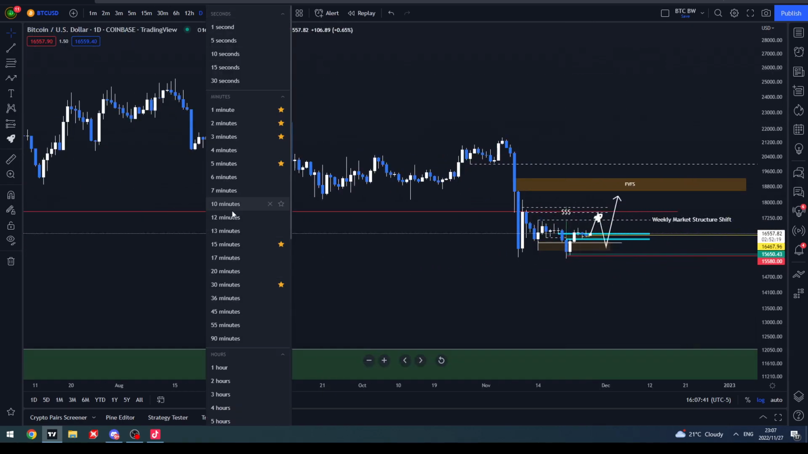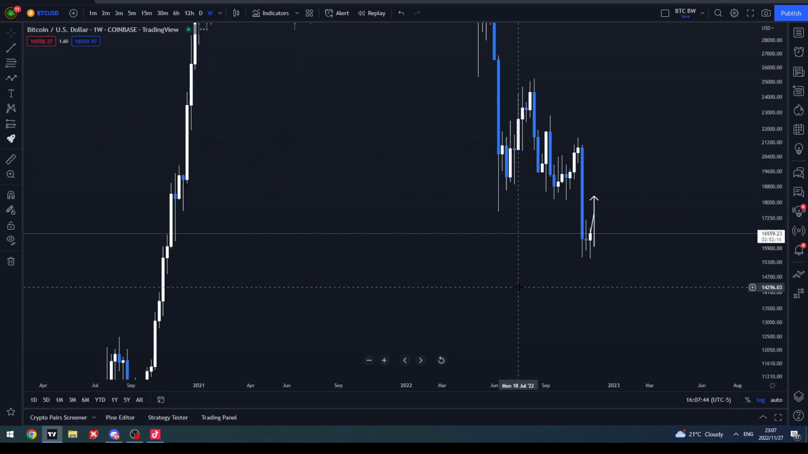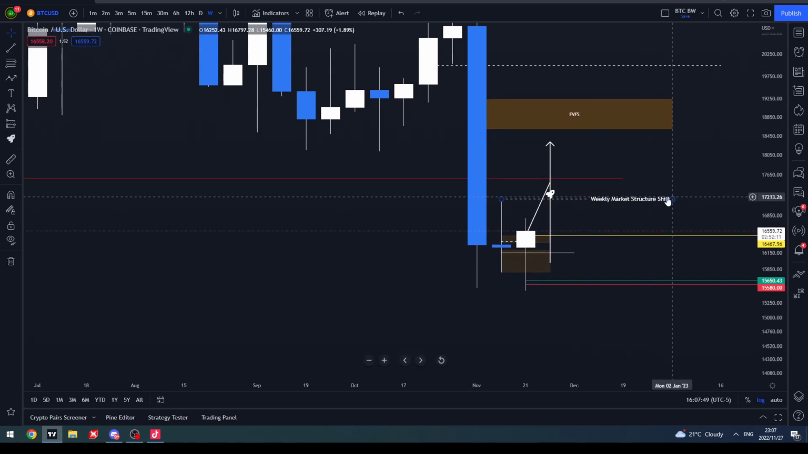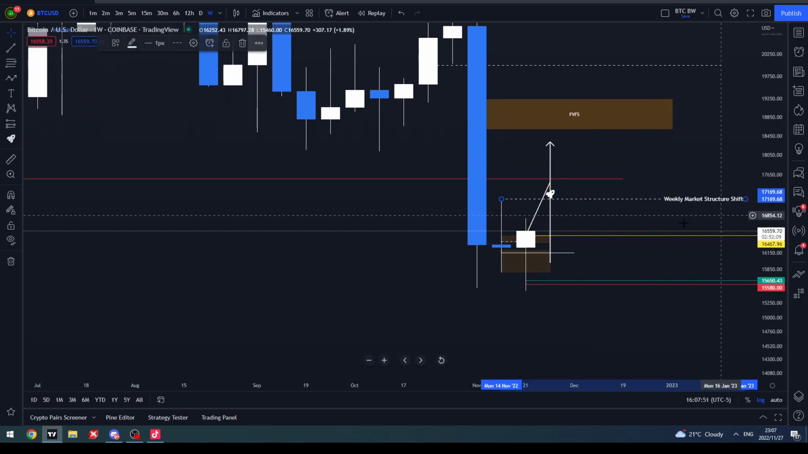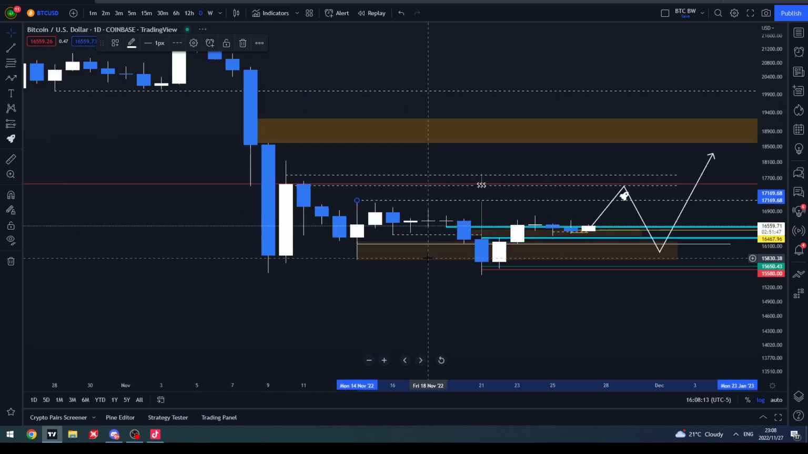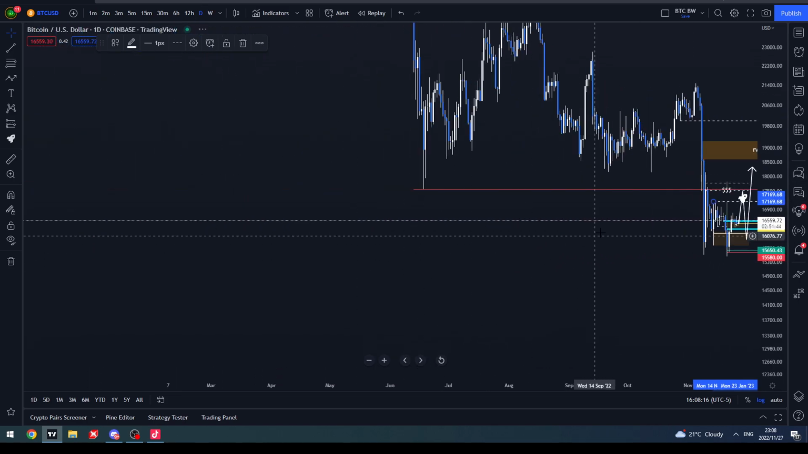Now, if you go on a weekly and we do the same thing there, we have a weekly market structure shift level, 17,169. Once price starts to trade above there, we have the order block confirmation, and most likely we would start to see a market structure shift form around that level there. Let's go back down to a daily. Now again,